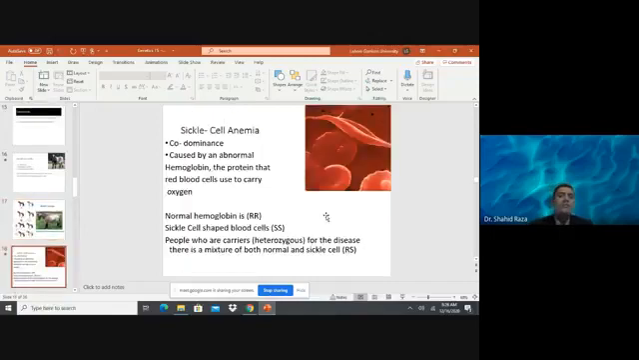Another example is sickle cell anemia. First of all, we need to understand what sickle cell anemia is in codominance. It is basically caused by an abnormal hemoglobin, a protein that red blood cells use to carry oxygen. Normal hemoglobin is capital R, and there are sickle cell shaped blood cells. People who are carriers, that is heterozygous for the disease, have a mixture of both normal and sickle cell